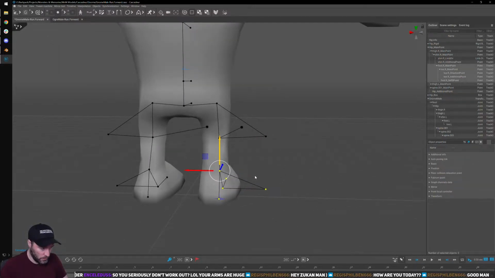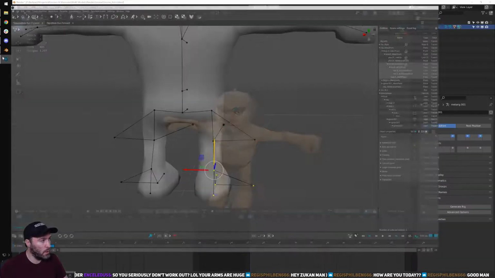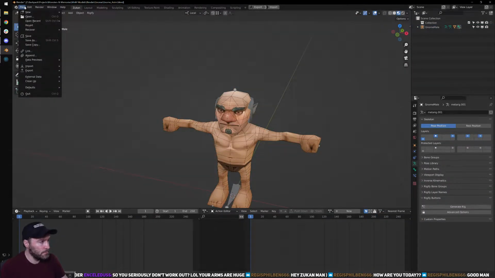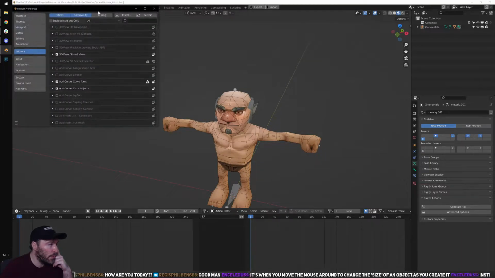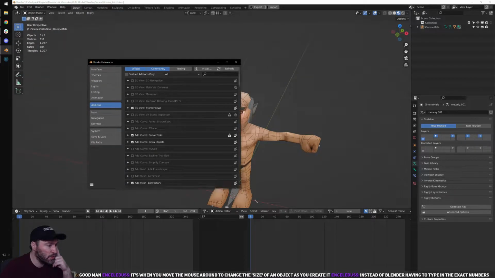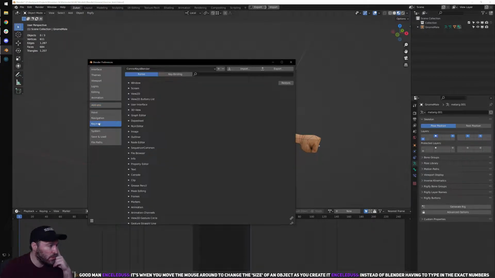So you should definitely give it another shot. I would recommend also, if the control scheme is something that throws you off, because that was something that I couldn't get over, you can actually